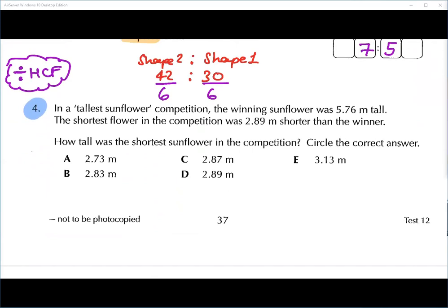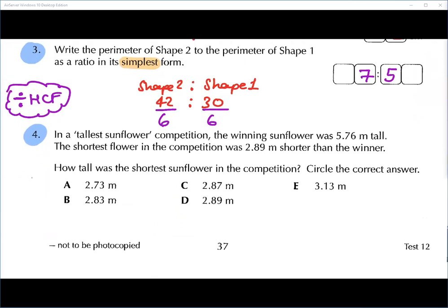Okay, question number 4. Right, let's look for our next student. Question number 4. Umama, please. Are you there, Umama? Join me, please. Number 4 is yours. In the tallest sunflower competition, the winning sunflower was